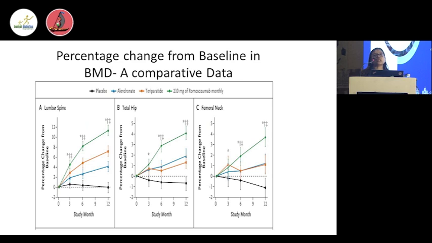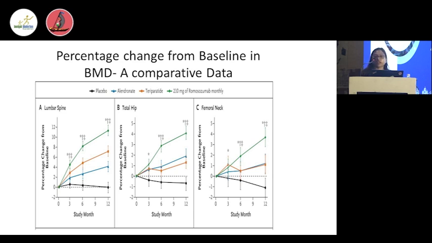As it was seen in the ARCH trial, this drug leads to an increase in cardiovascular events. However, in some other trials like the FRAME trial, these events were not supported, but still it has received the black box warning that it should not be used in patients who have a history of cardiovascular events. There are some other safety concerns: it can cause hypocalcemia, osteonecrosis of the jaw, and AFF, that is atypical femur fracture.